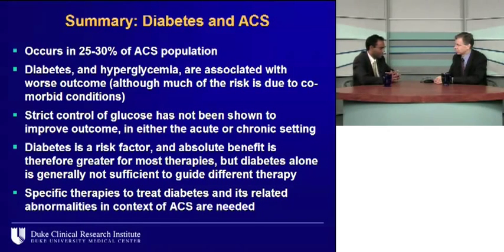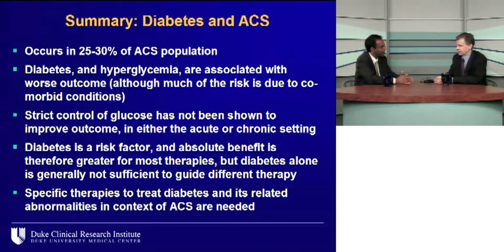That's fascinating data, and I think one thing I want to get your thoughts on is one of the points that you made here, where diabetes is a risk factor, but you've been a big proponent of risk scores, and specifically the GRACE risk score, which I think performs probably the best out of any of the published ones, for risk assessment when patients come in with acute coronary syndromes. The guidelines have come out in favor of that. What do you think, in your estimation, has been the barrier for adoption of this in at least U.S. practice? I mean, we tend to